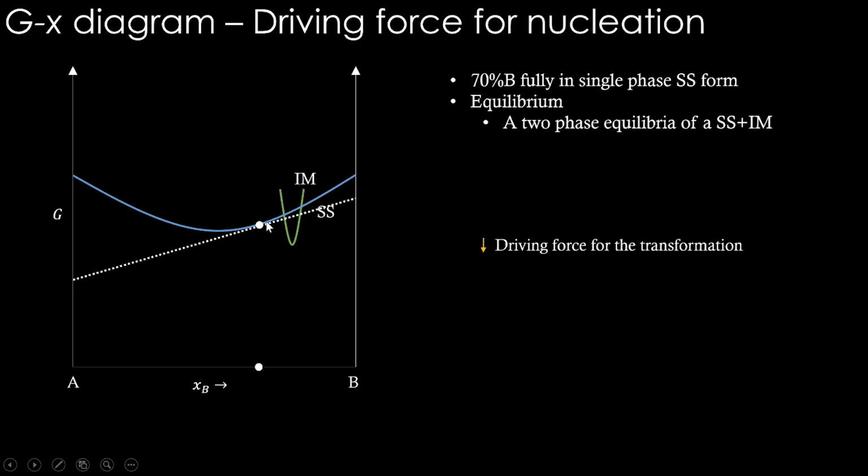To understand that, we have to draw a tangent like this to this solid solution itself. Okay, this is our initial state. Draw a tangent to that like this, and then draw a parallel line to that and make it a tangent to this intermetallic phase Gibbs energy curve. Once it is done, see the distance between them from here to here. Of course, this length you can measure anywhere. You can measure here also. These are just parallel lines.